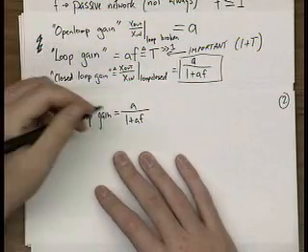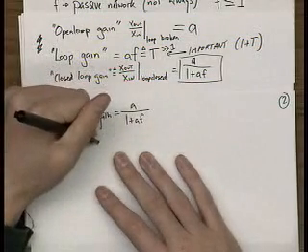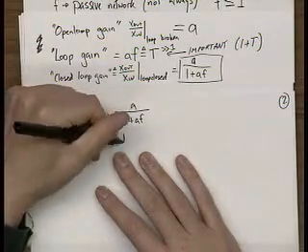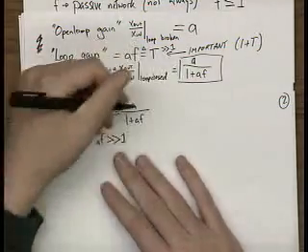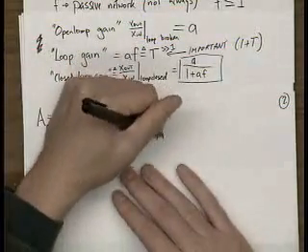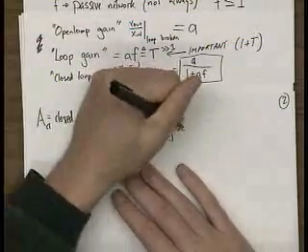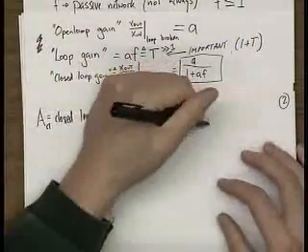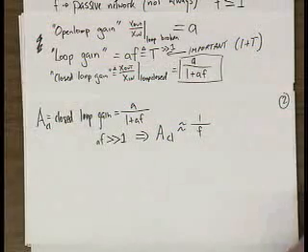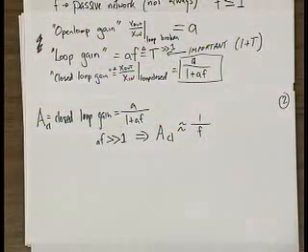Okay. Given the constraint that AF is much greater than 1, the closed loop gain roughly equals 1 over F. Okay? So therefore,